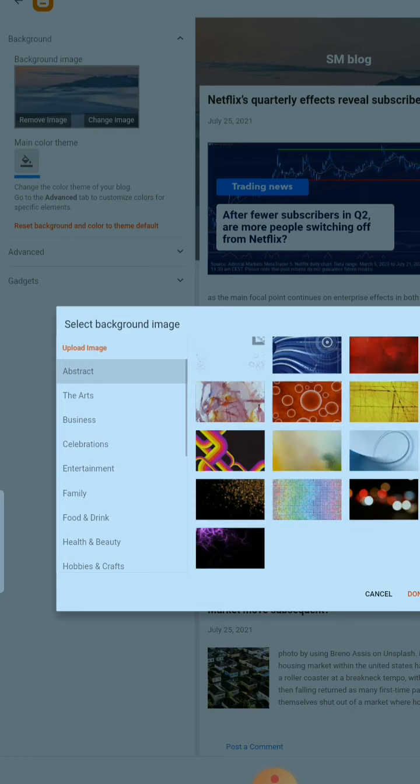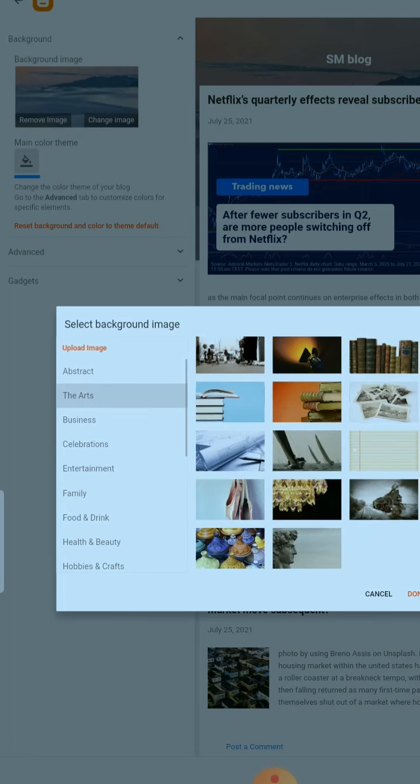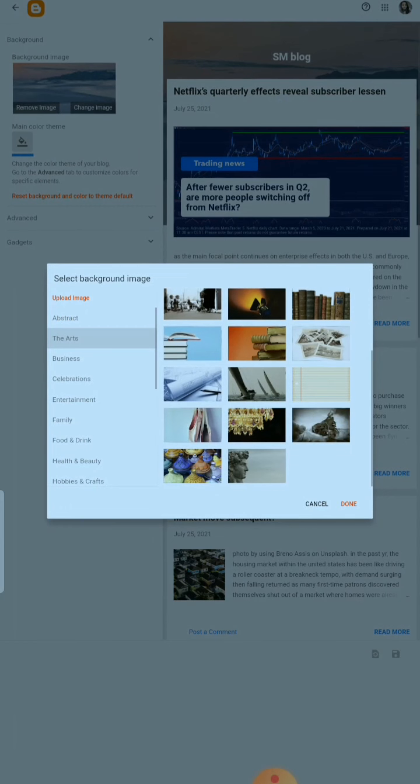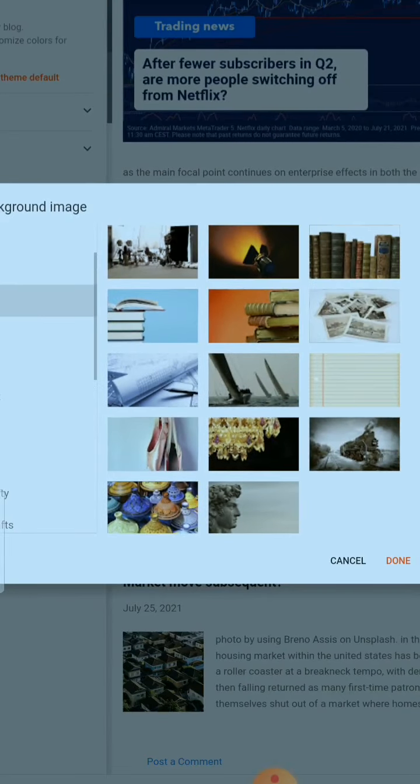Some people actually don't use these patterns because they create their own to make their site unique. But I don't think it's a must. There are so many patterns available and people use them. Not everyone uses them, so you can use any of these to make your blog beautiful. So I'm going to choose one here. First, I need to know what my blog relates to. It's about stocks, profit, loss, all this. So I am going to choose here.